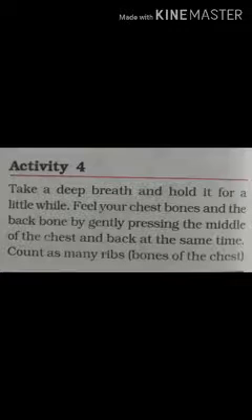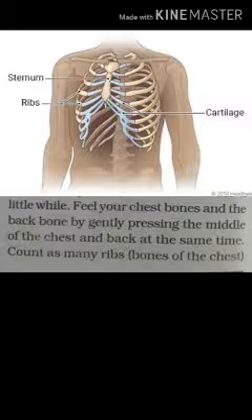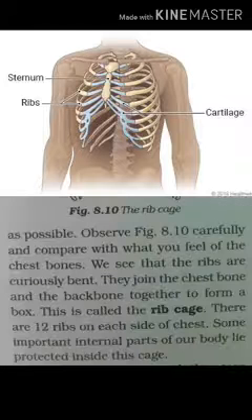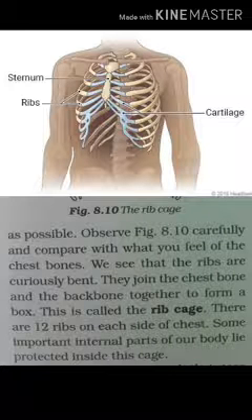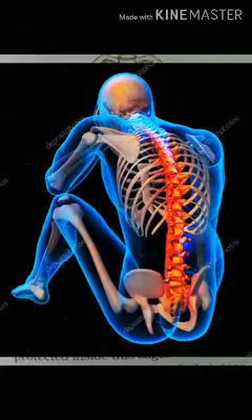Your chest cavity has a box or a cage-like structure made up of several bones. This is called rib cage. There are 12 ribs on each side of this chest, and they are joined to the chest bone in the front and the backbone at the back. This rib cage protects organs like heart and lungs. But at these joints, movement is not possible, so it is a fixed joint. When someone bends down forward, you can feel their backbone if you touch their back.